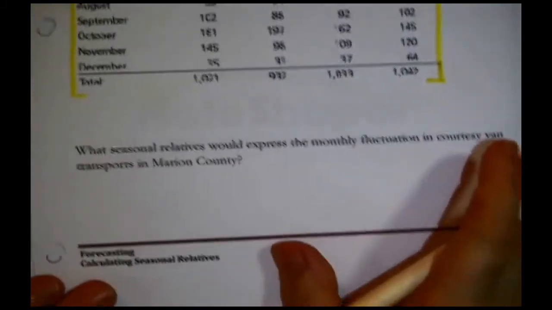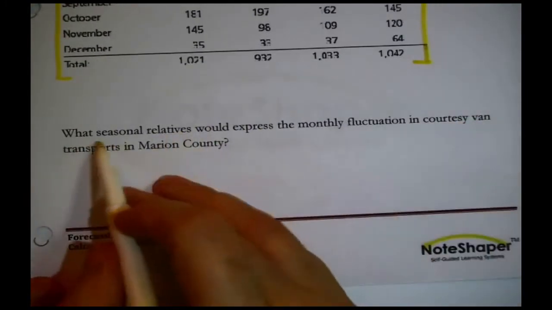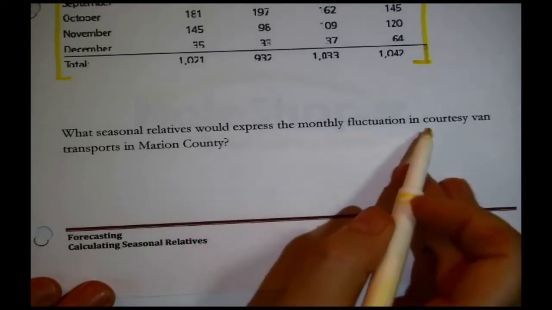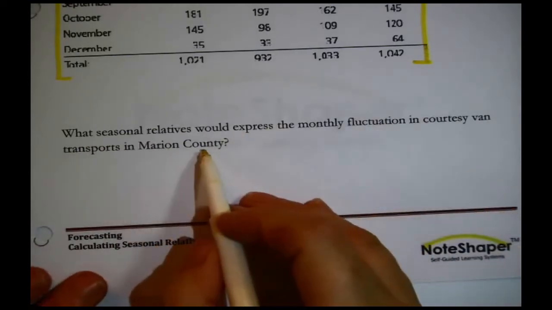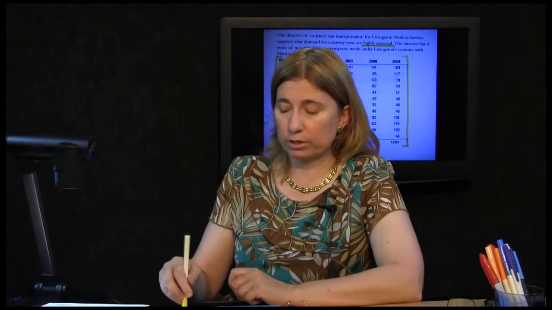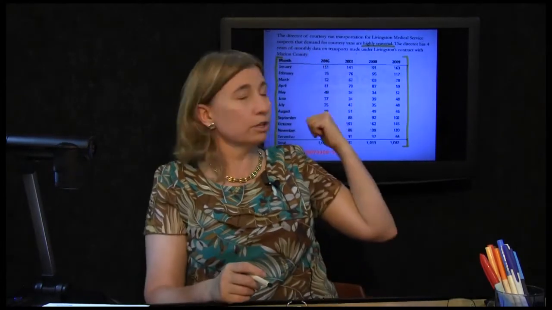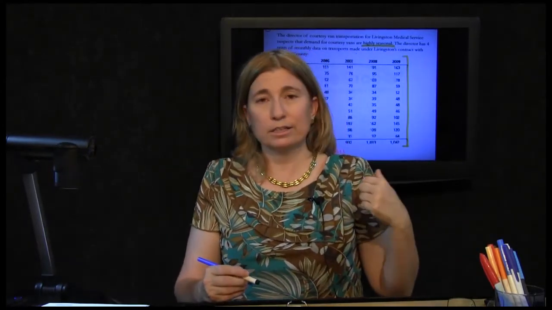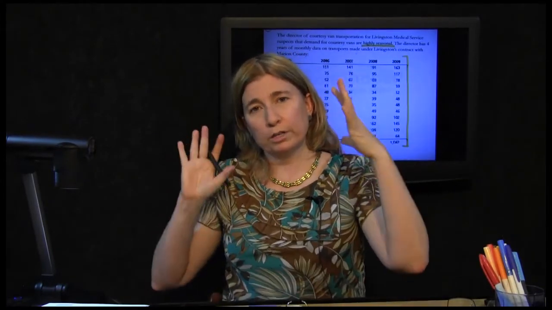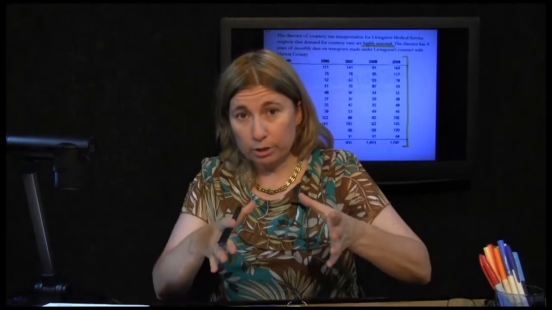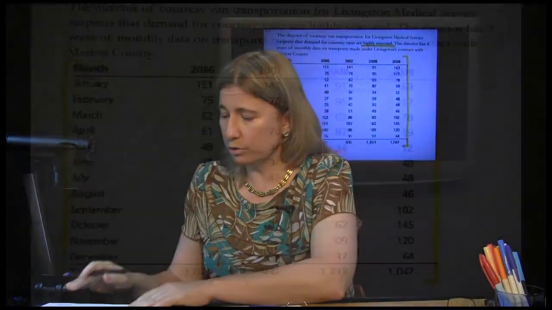Now, why is this being supplied? It says, what seasonal relatives would express the monthly fluctuation in courtesy van transports in Marion County? Let's talk about creating seasonal relatives. It is a very easy recipe, but the main ingredient is past data. Because the first thing you want to do is get a chunk of relevant past data, just like the manager did here. And using the past data, the first thing you want to do is